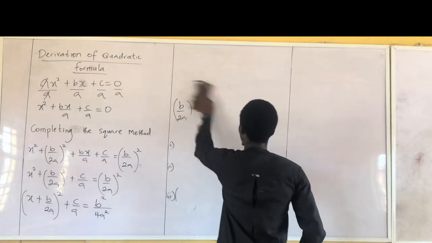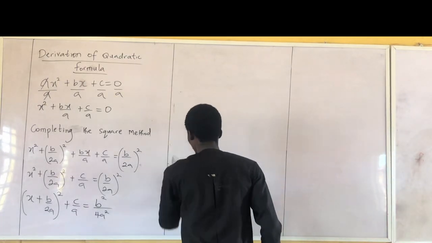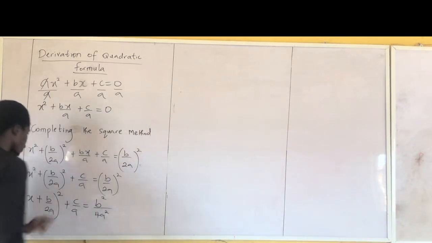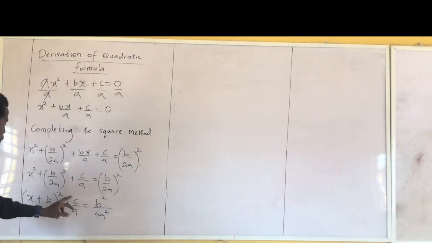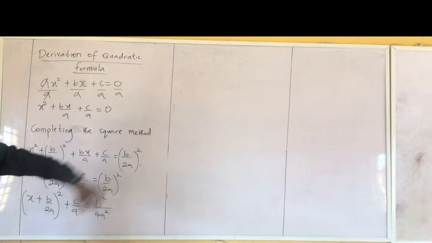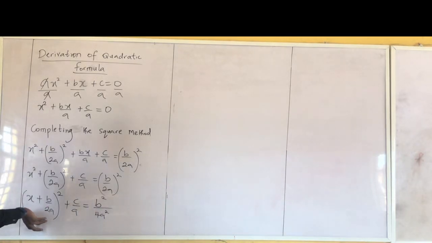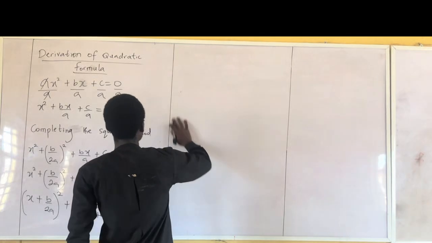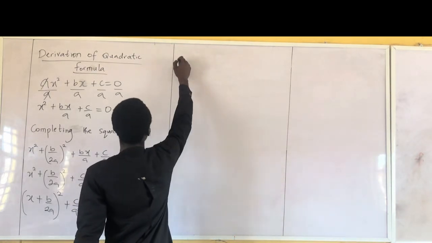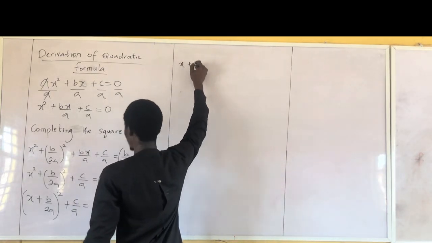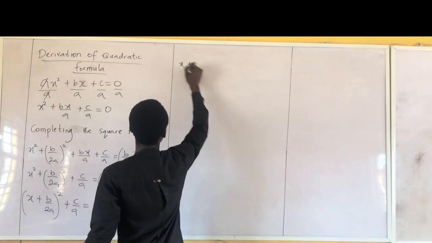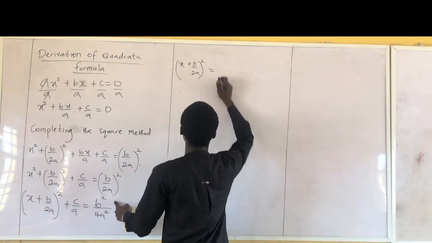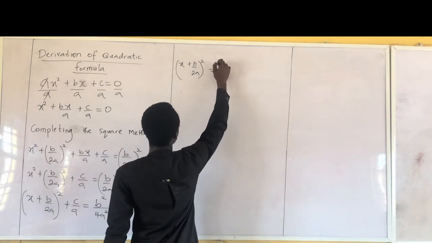Okay. So what is the next thing we are going to do? We are going to bring plus c over a to the other side of the equation, to make this person stand alone. They want to enjoy themselves. Okay, so what do we do next? The next thing we are going to do from there is we're going to have x plus b over 2a all raised to power 2 equals, just like as if you are doing collective like terms,